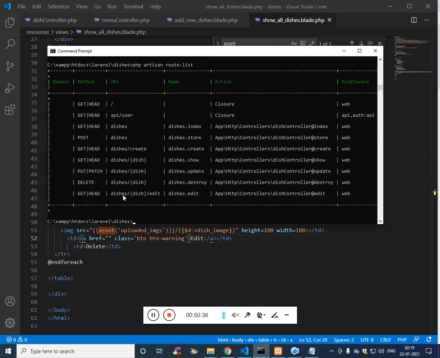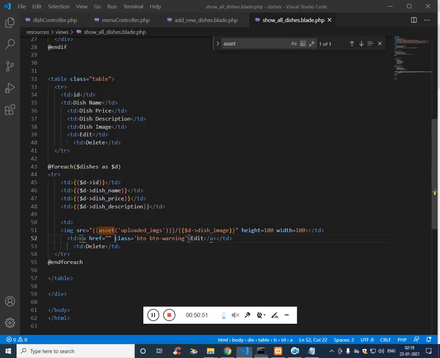So the editing part, we have to redirect it to dishes slash the id slash edit, dishes slash the id slash edit.